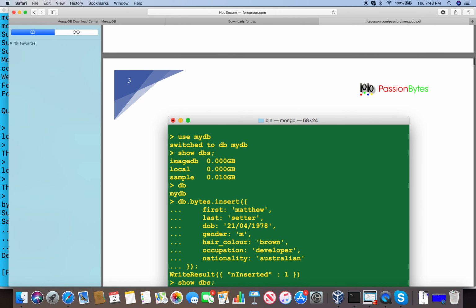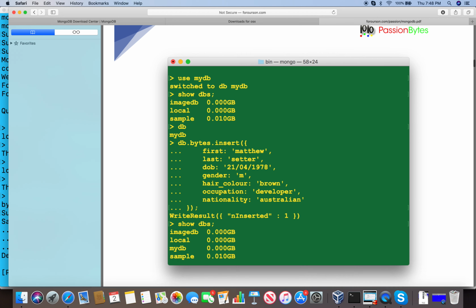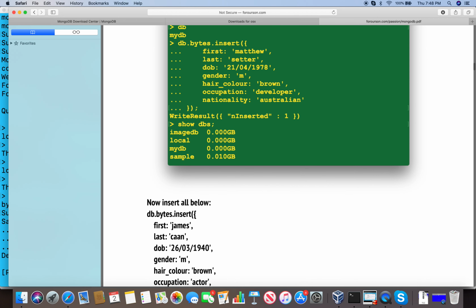Up to page 10 or 11. Okay? And remember one thing. You can directly copy each and every command which is given in the